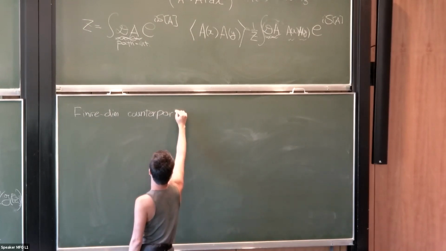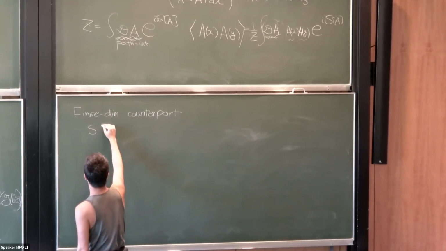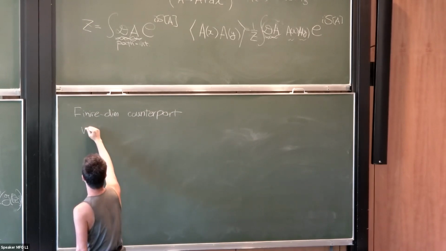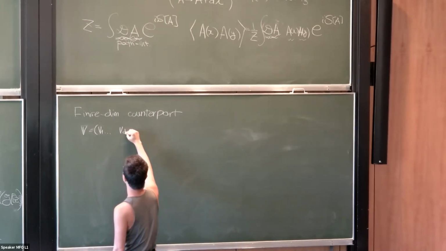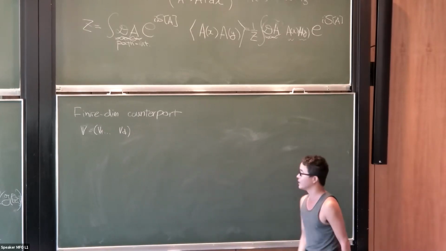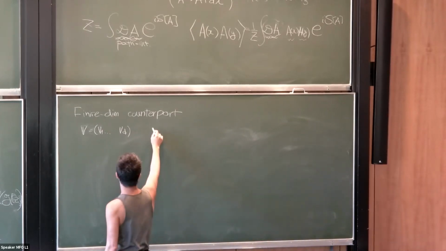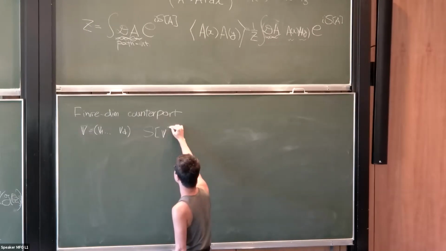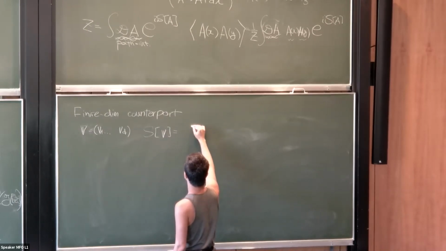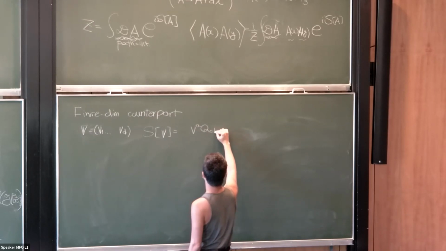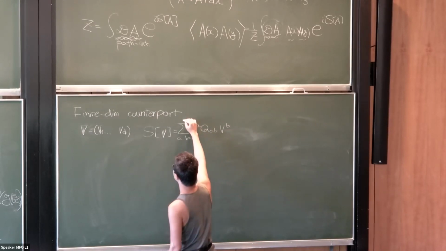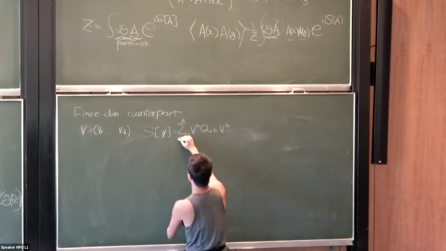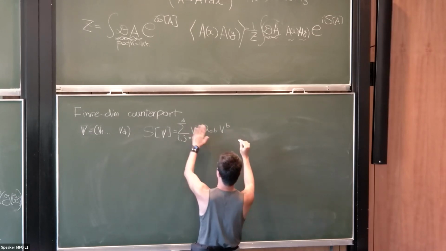So the finite dimensional counterpart is this. Let's consider a vector, for example a vector B with components 1 to D, where D is a finite number. And then there is an action, which depends on this, and it is a quadratic: the sum over i, j from 1 to D of B_i Q_ij B_j. Okay, it's just the index, it doesn't matter.